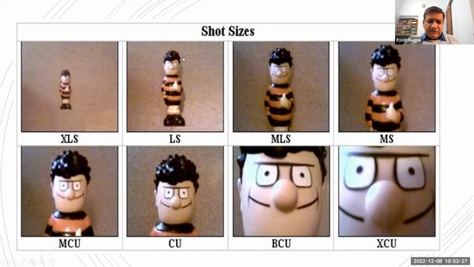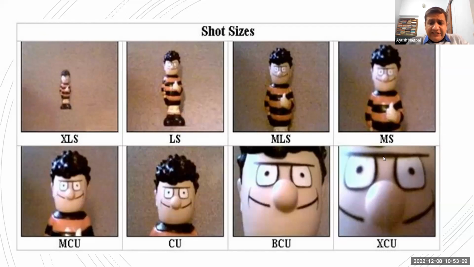It is not just the content, it is also from which angle, from how far. For example, we could show somebody from very far when somebody is talking, and we also want to show their expressions. We would take what is called a medium shot, MS. There's medium long shot, long shot, and extra long shot when we look at somebody from very far. Then there's medium close shot, and then a big close up, and extreme close up,